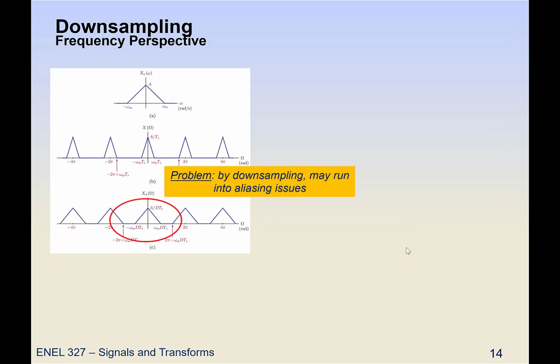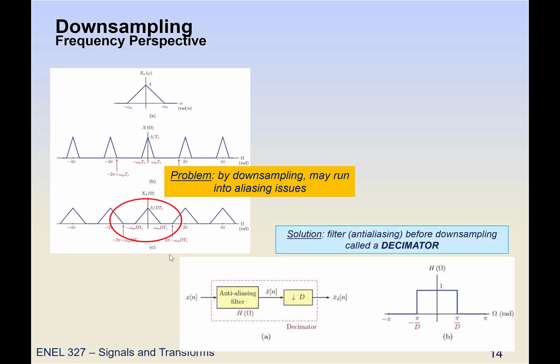Okay, but that can be a problem because although we might have sampled originally at a high enough Nyquist rate, once we downsample, you can see that these portions here might start to overlap, and so we may run into aliasing issues. And so as a solution to that, what we do is we actually filter before we do the downsampling. And this combination of an anti-aliasing filter, and it's digital, an anti-aliasing filter and downsampling, that whole thing is